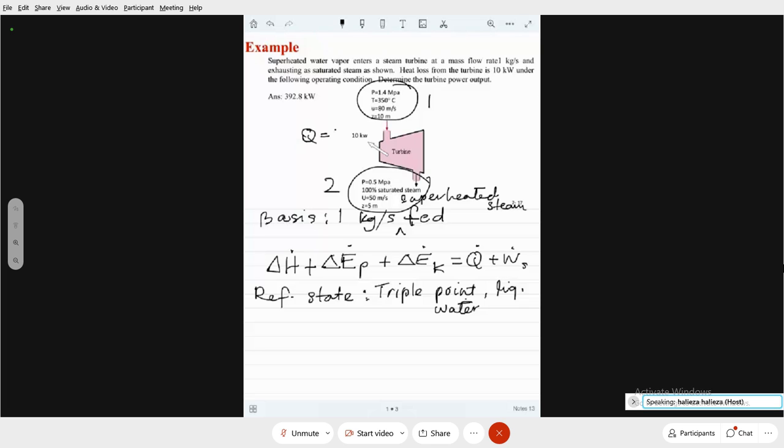Positive or negative? Negative. Negative because it's coming out. Yeah, that's negative. Okay, let's look at our steam table. I'm going to need